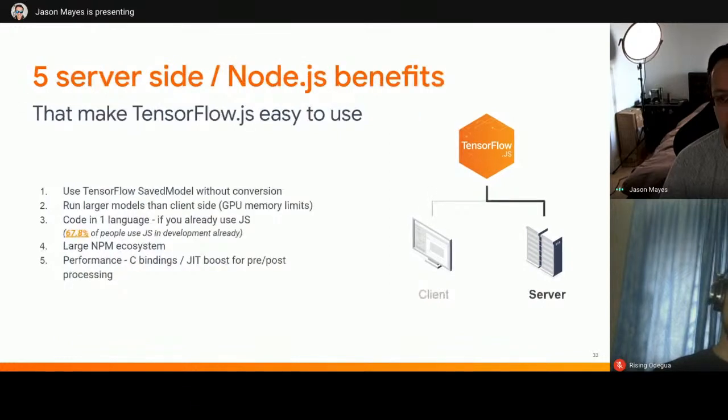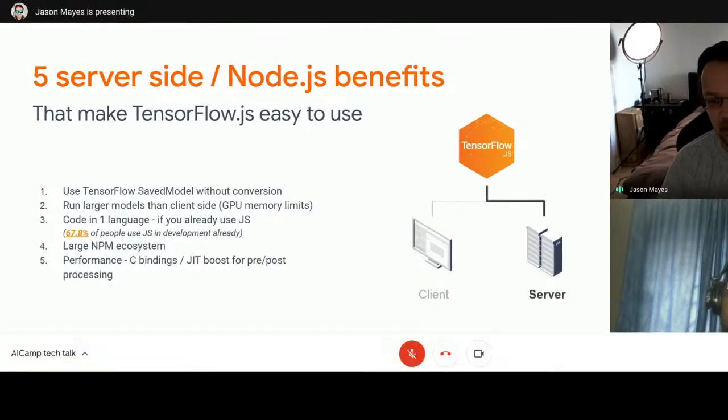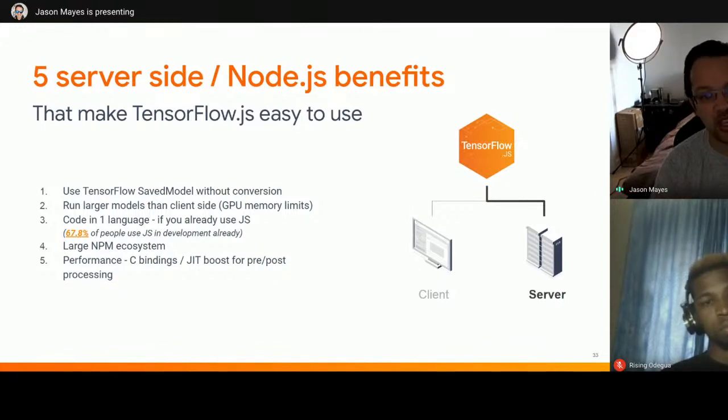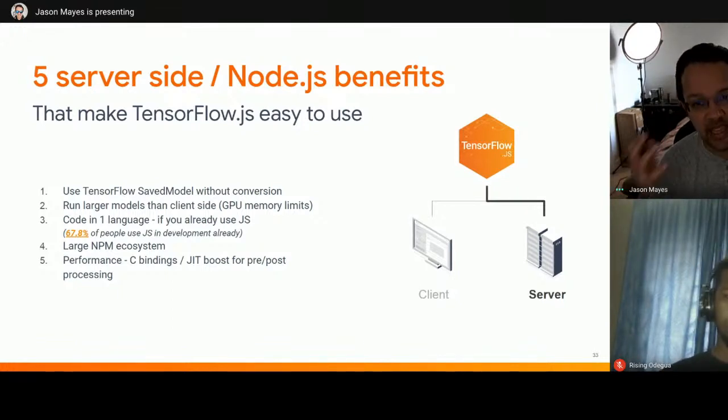So let's flip to the server side. If we're talking about the server side now, so not the client side anymore, back to the server, this applies to both Python and Node.js. Essentially we can use the TensorFlow SavedModel format without conversion. So if you do prefer to still use Python for your machine learning creation, that's completely fine. However, if you're integrating with a web engineering team who probably use Node.js, then it gives you the power to scale your machine learning model so the whole world can then go see it and use it.